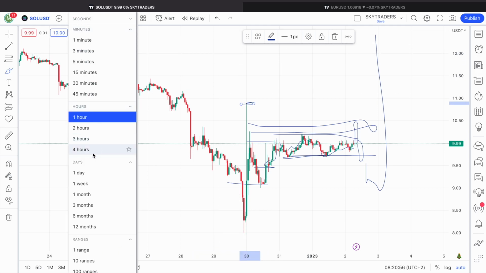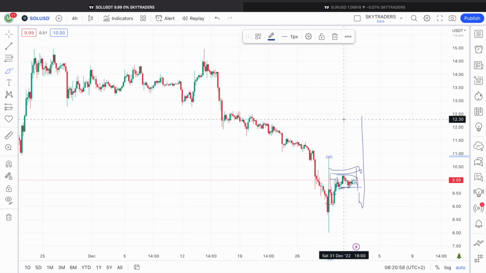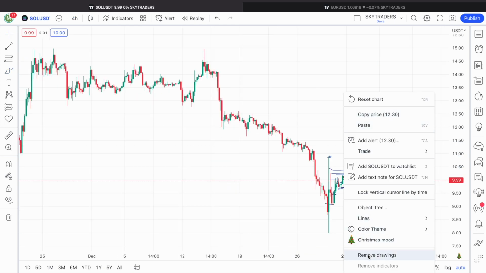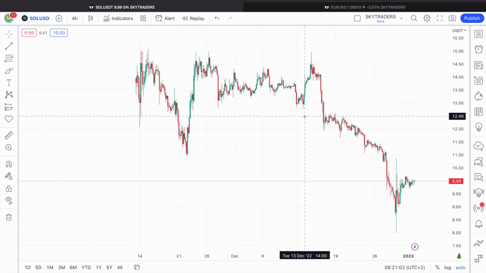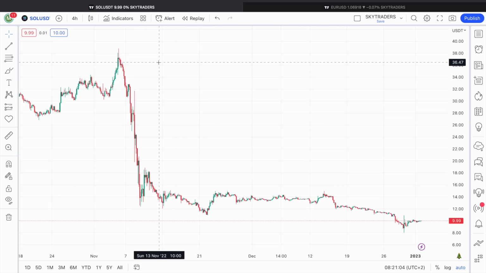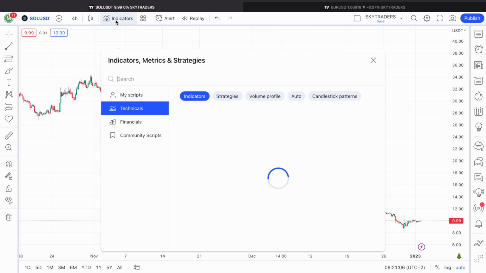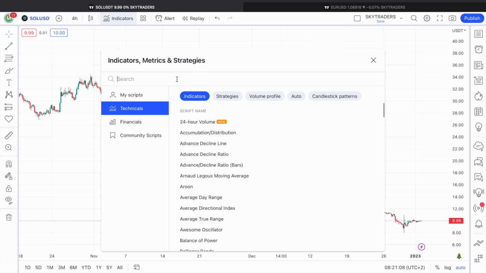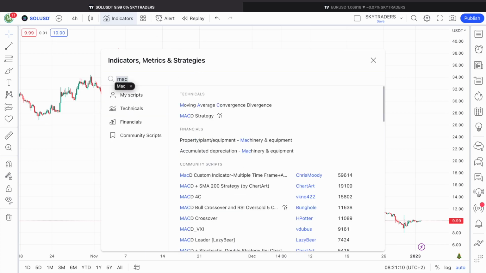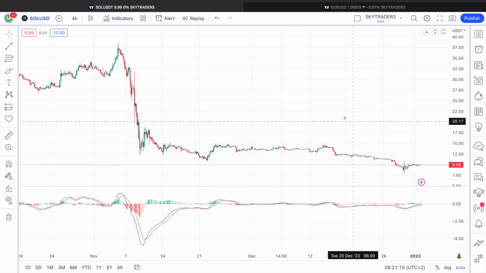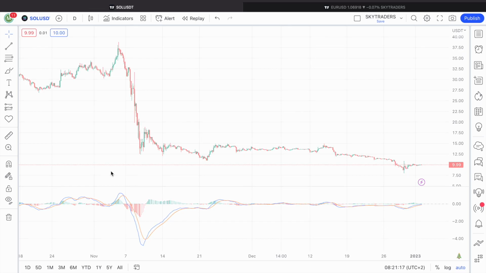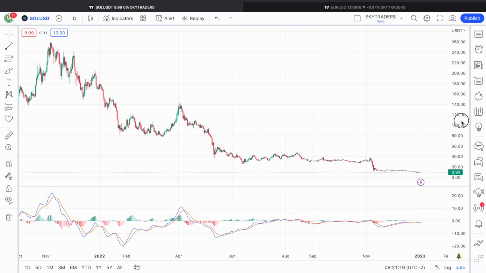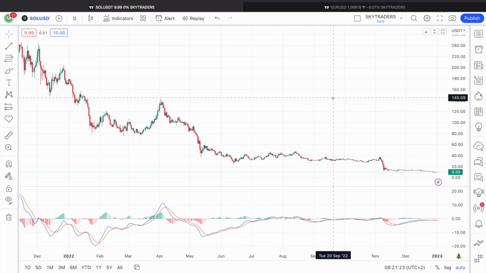Let's also integrate some of the indicators because some of you for sure love to see some indicators on the chart. However, I'm not a big fan of indicators, as you usually know. But let's, for example, type the moving average convergence divergence. On the daily time frame, right? So on the daily time frame,